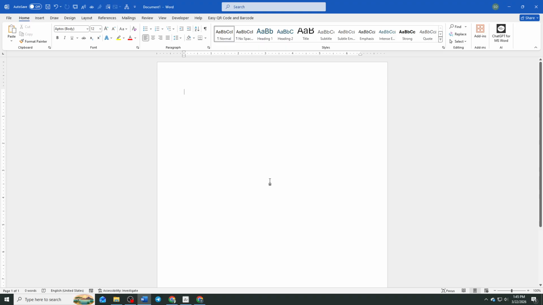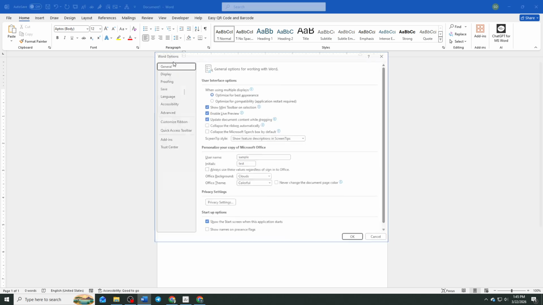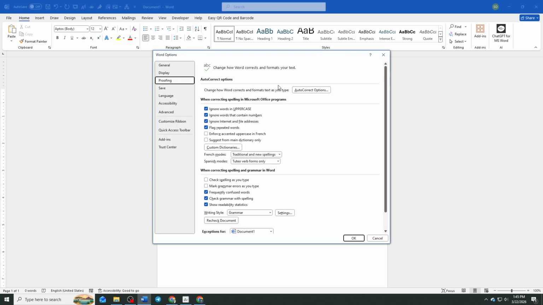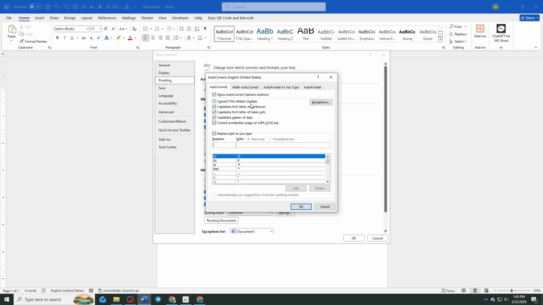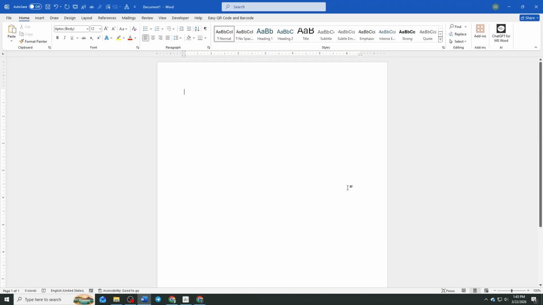Finally, if Word is automatically changing your words without your permission, you can turn off autocorrect. Still under the Proofing section, click on Autocorrect Options. In the new window, uncheck Replace Text as you type, then click OK, and click OK again to exit the settings. And that's it. You have successfully disabled auto-suggestion mode in Microsoft Word, giving you full control over your typing